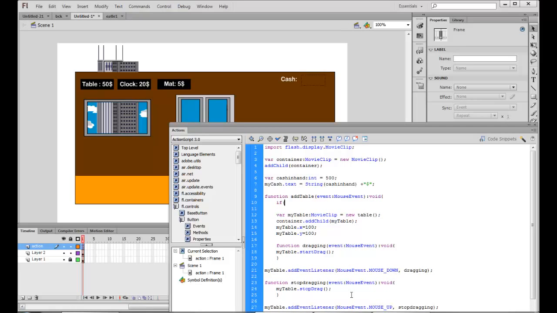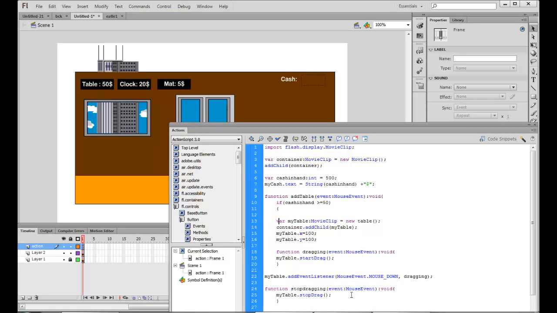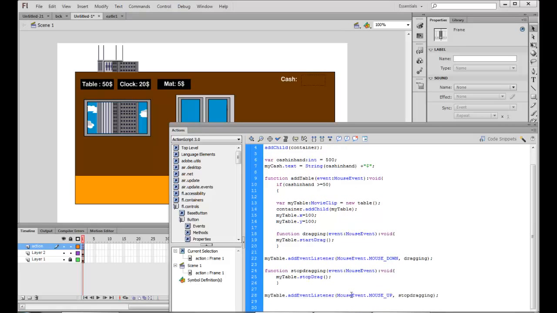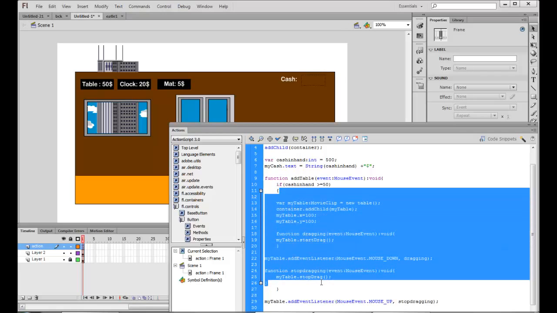So I'll say if cash in hand is greater than or equal to 50, then I want this function to execute. So I'll execute this function. This entire function will be executed only if the cash in hand is more or equal to the value 50, because that's the cost of the table.